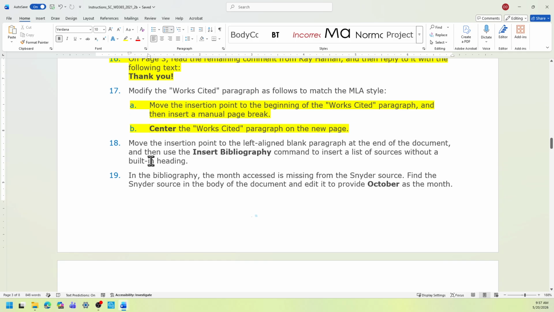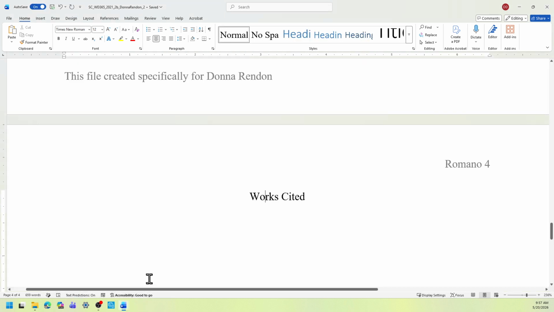You're going to move the insertion point to the left-aligned blank paragraph at the end of the document, and then use the Insert Bibliography command to insert the list of sources without the built-in heading. Okay. Back to the start file.